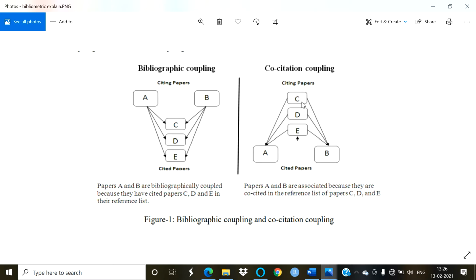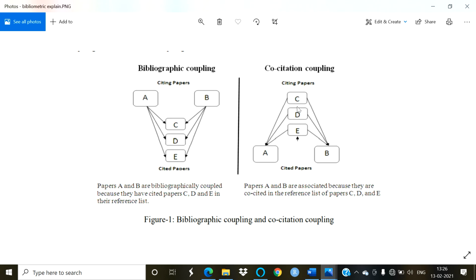That means the use of references A and B in document C creates a relationship of co-citation coupling, whereas here two authors are already writing papers, meaning the citation of one paper is used in two papers, while here the citations of two papers are used in one paper. Here two documents, which are being written or already developed, use the citation of one other paper. Here only one paper, already written or being written, uses the citations of two papers in the same document. That is called co-citation coupling.